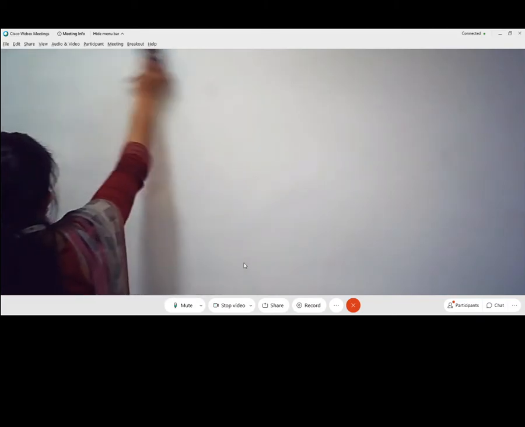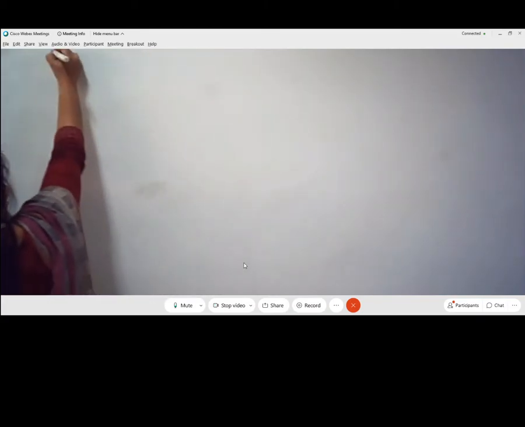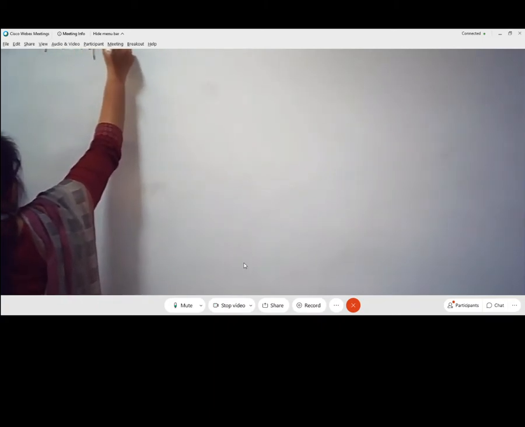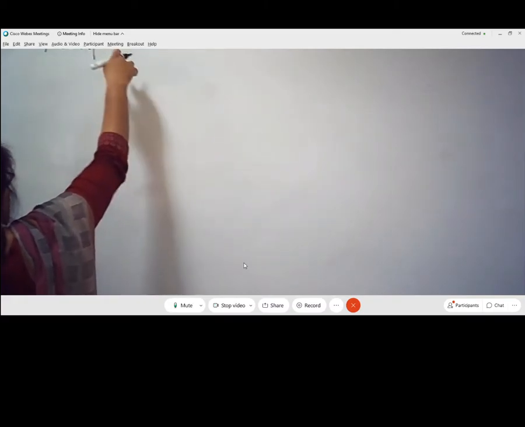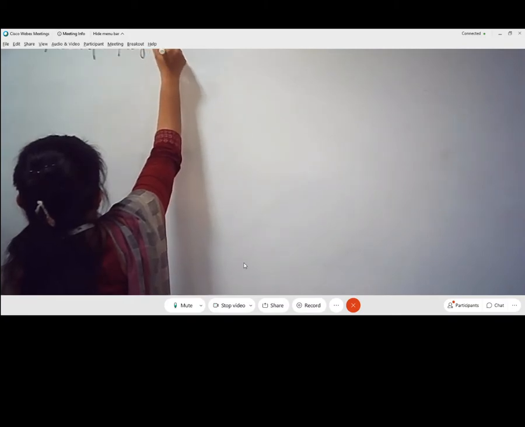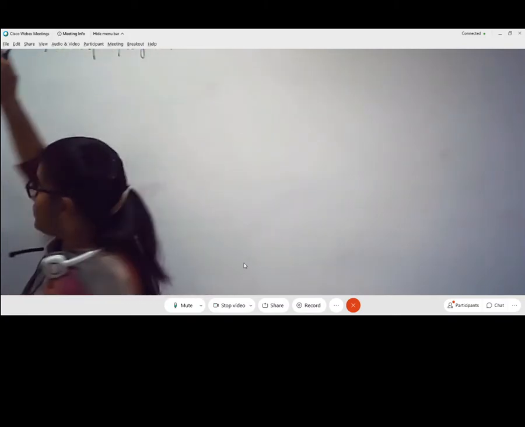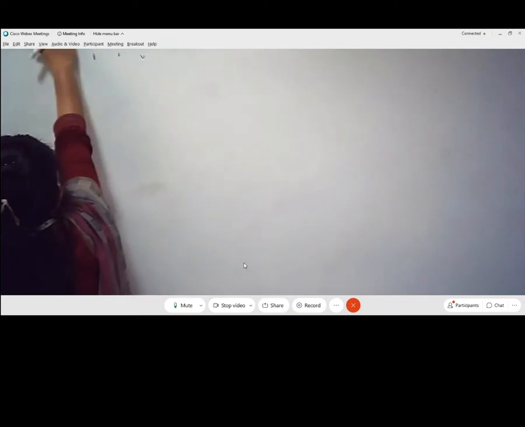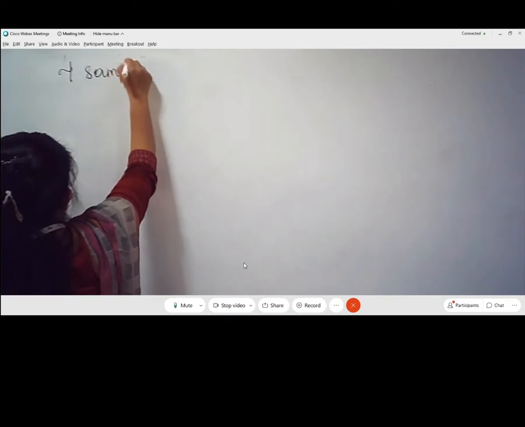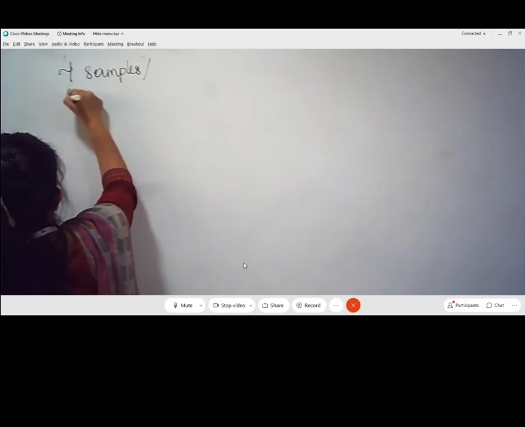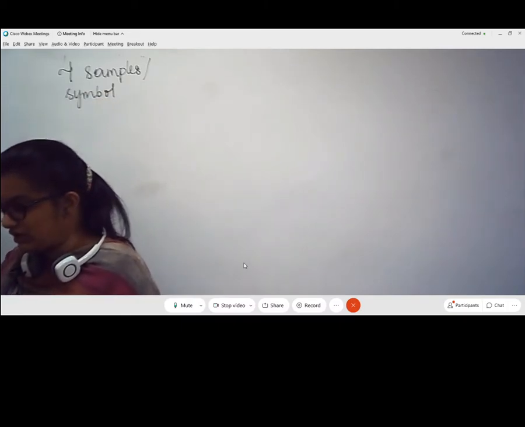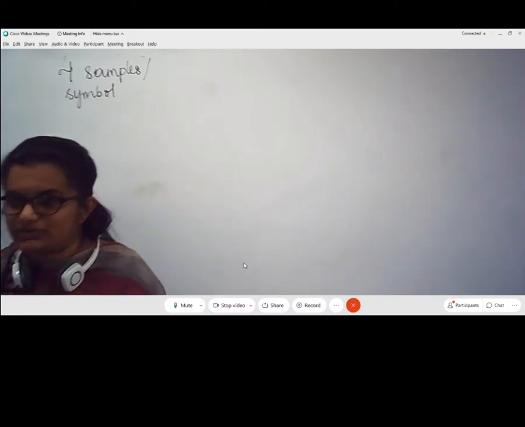So here we will be taking an example of 4 samples per symbol. In order to detect whether the transmitted bit or the symbol is 1 or a 0, I am going to take 4 samples per symbol to decide whether the transmitted bit is 1 or a 0. Write a little bit below. That is, I am going to consider 4 samples per symbol in order to detect the bit 0 or bit 1 in the sampled matched filter. Now let us try to see how to realize this.